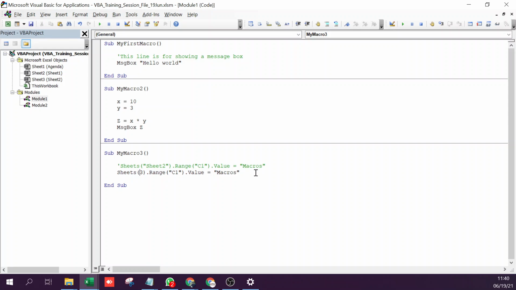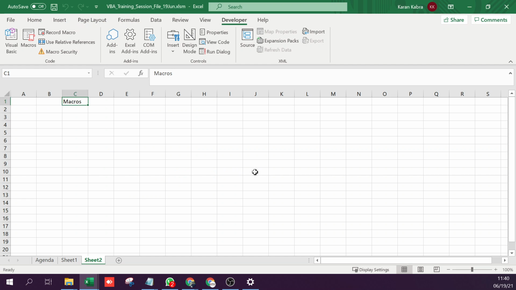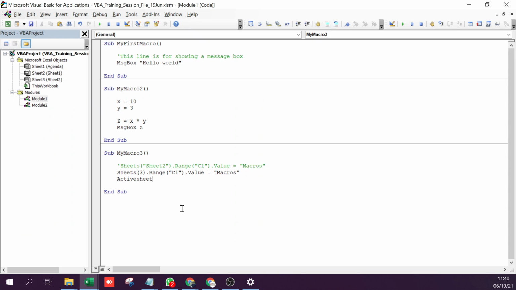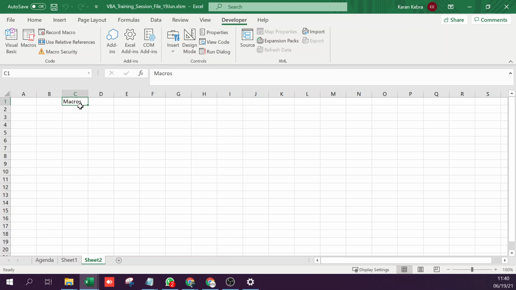And there is maybe a simpler option. You can simply write active sheet. If you're only working on one sheet, or your code only works on one sheet, then you can simply write active sheet. It will do the same thing. I will comment this line. Now this will only run this line, right? Delete it.